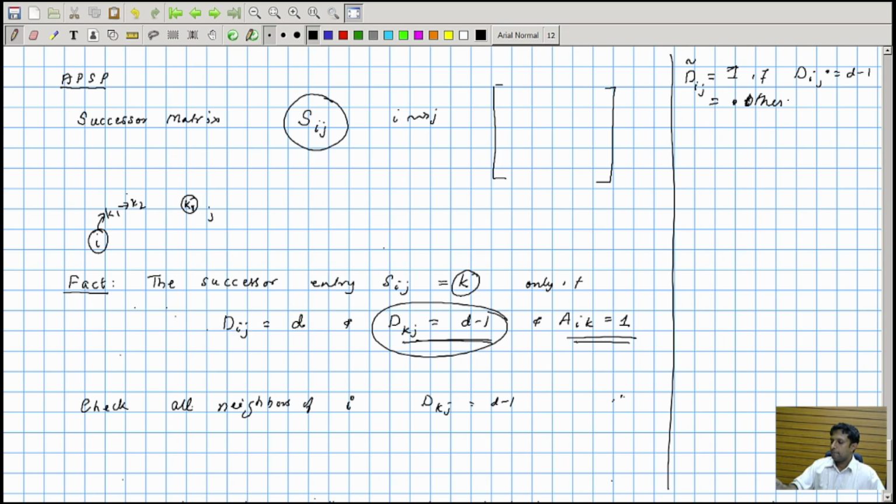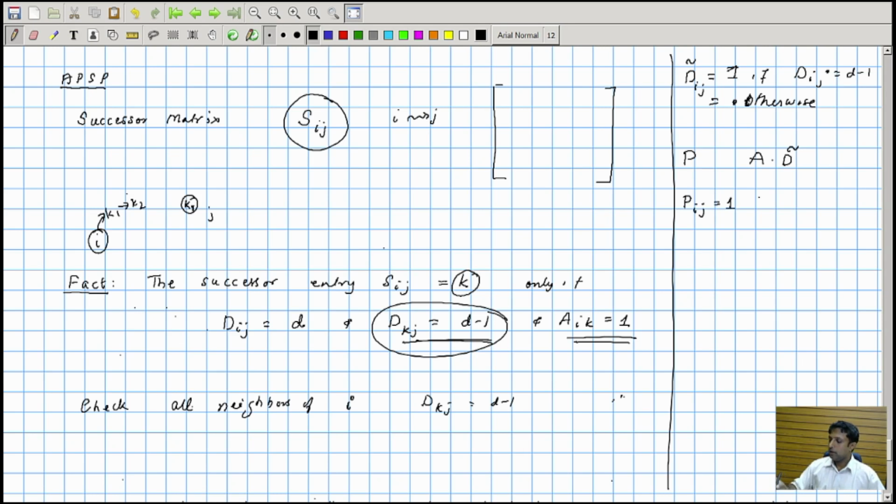Otherwise 0. Now if you multiply two such matrices and you get a 1, that means both these conditions are met: A_ik is equal to 1 and d_kj is equal to d minus 1. Look at A times d tilde, and look at the ijth entry. If we call this matrix P,